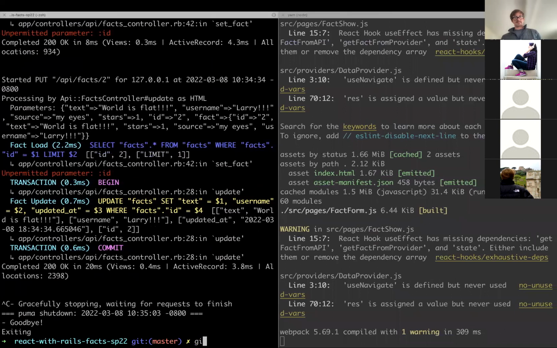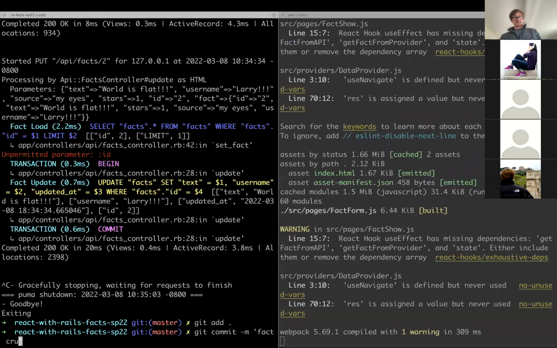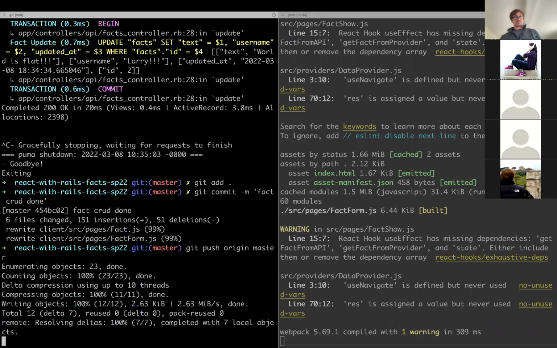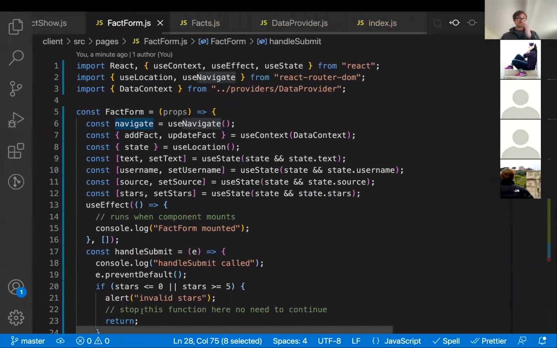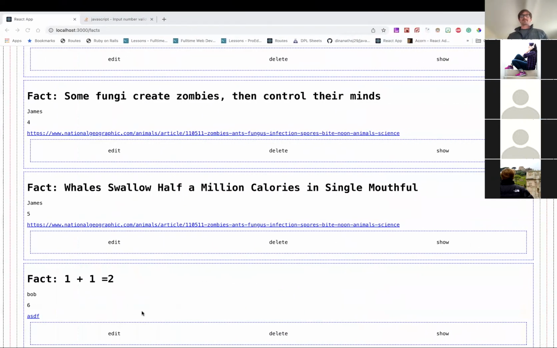All right, so let's do a git add. It's going to commit back to CRUD. Quite a bit of stuff, right? Just to do